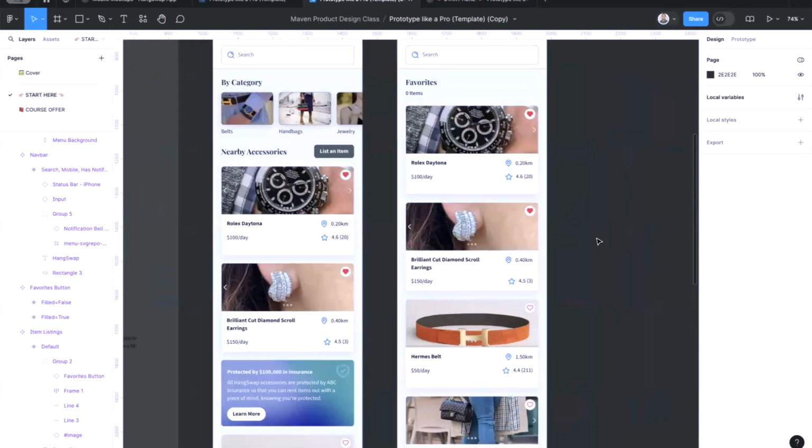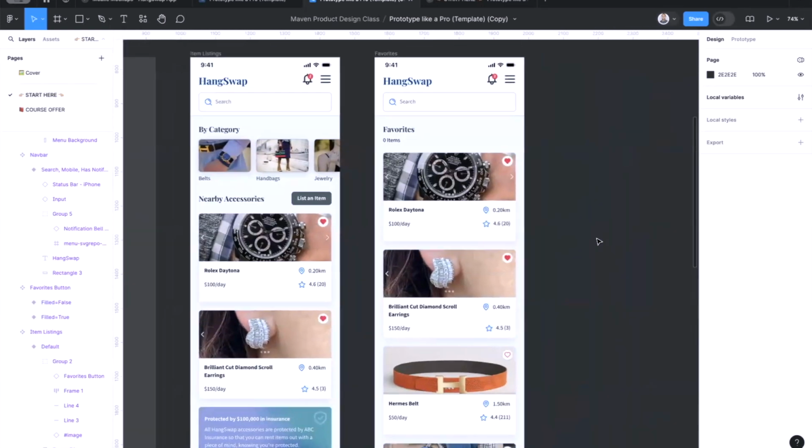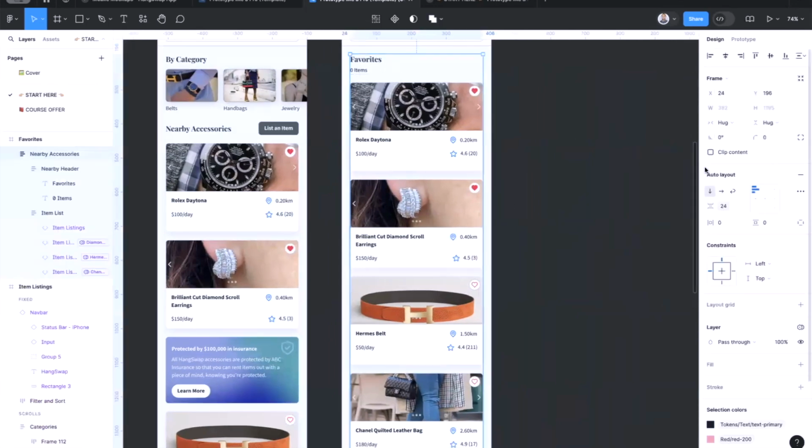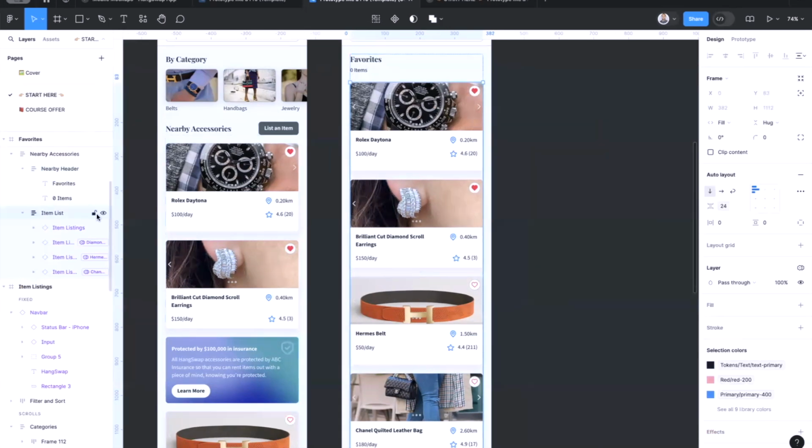Awesome. So now in our favorites page, what we want to do is only show the ones that are actually favorited. And there's a simple trick to do that. And that's using the visibility or layer visibility option in the Figma design panel here. So if you do go into the item list